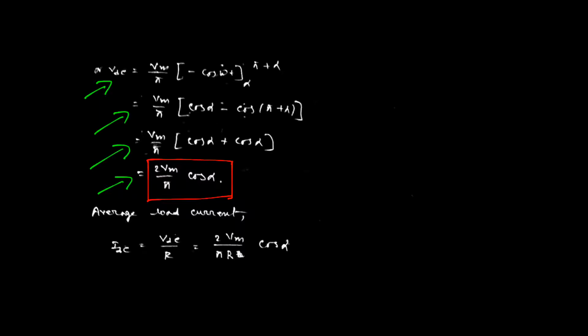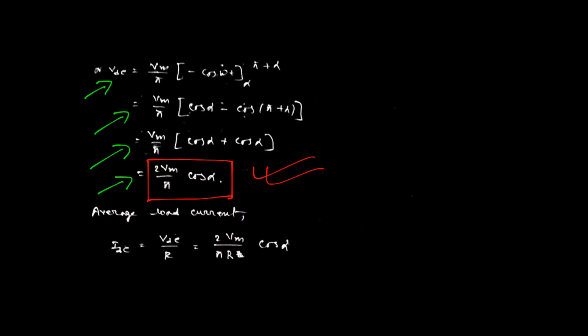So this is the final expression for the average output voltage from the load, that is 2 Vm by pi cos alpha. But in case of half-wave rectifier in RL operation, we have found the average output voltage was Vm by pi cos alpha. In this case, the average output voltage is just double with respect to the half-wave rectifier. That is why this is an actual benefit for using the full wave rectifier circuit rather than the half wave rectifier circuit, as we are getting double the average output voltage.